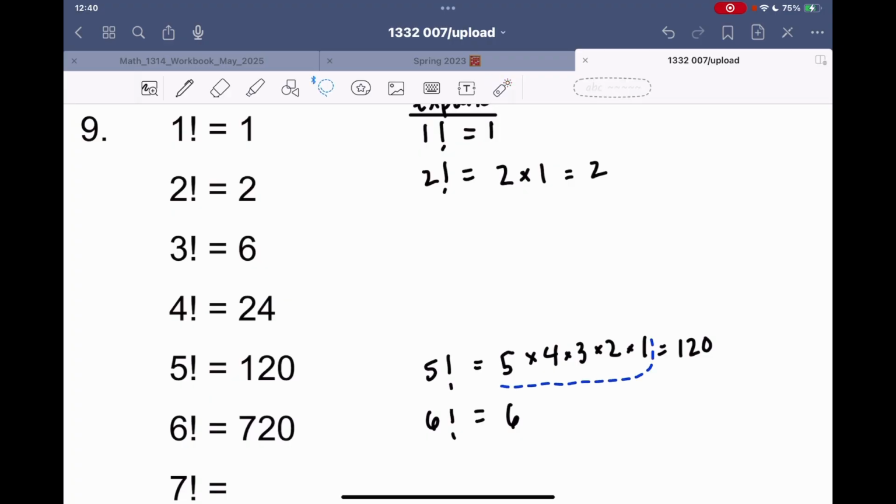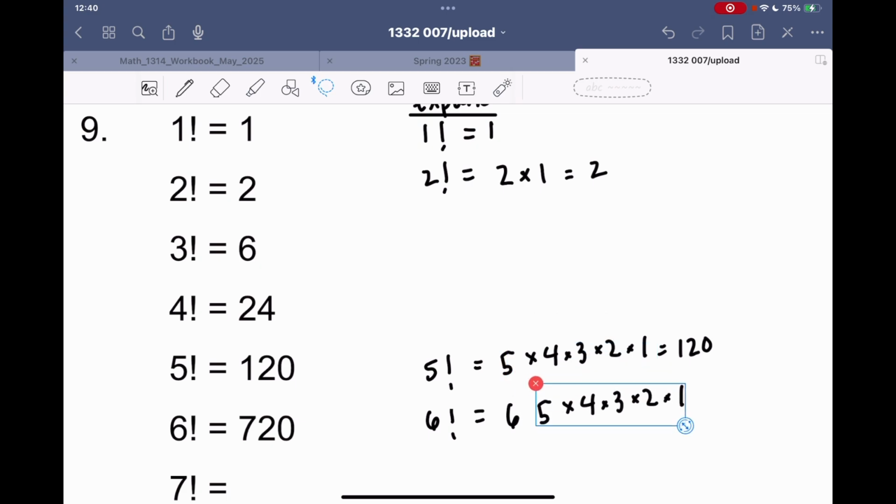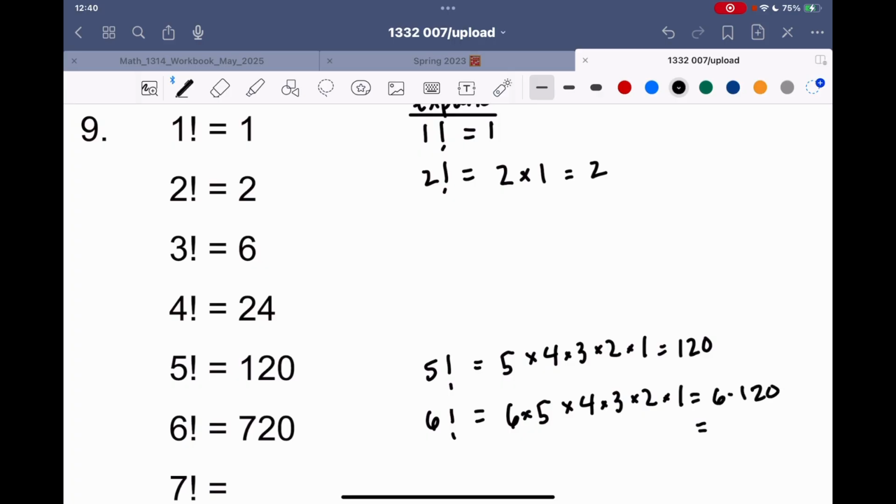So if I say that the difference between 6 factorial and 5 factorial is that 6 factorial just includes the number 6 and all the numbers that follow that were included in 5 factorial. So that means if I list all the numbers before 6: 6, 5, 4, 3, 2, 1, it's basically like saying 6 times 120, which is going to be equivalent to,